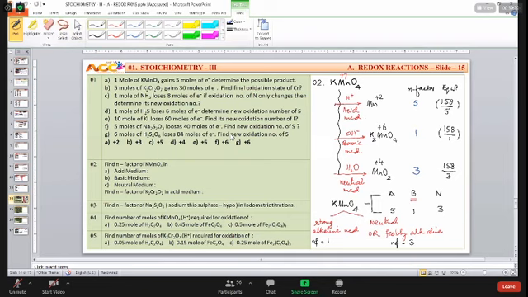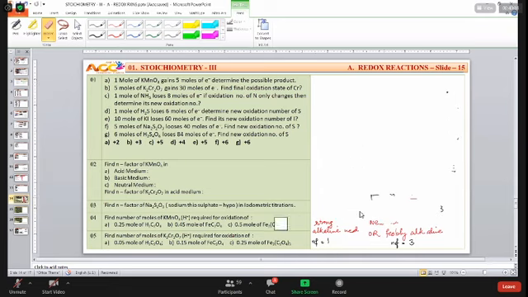Now, shall I go to the next one? Come on. Shall I proceed to the next question? Is it over? Have you written? Fine, very good. Now, as we are saying, KMnO4, potassium permanganate, is a very good and very strong oxidizing agent. At the same time,